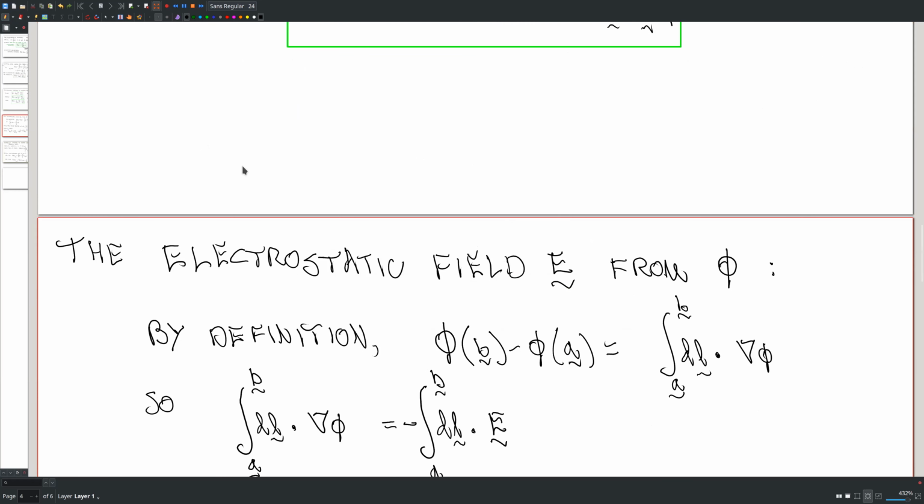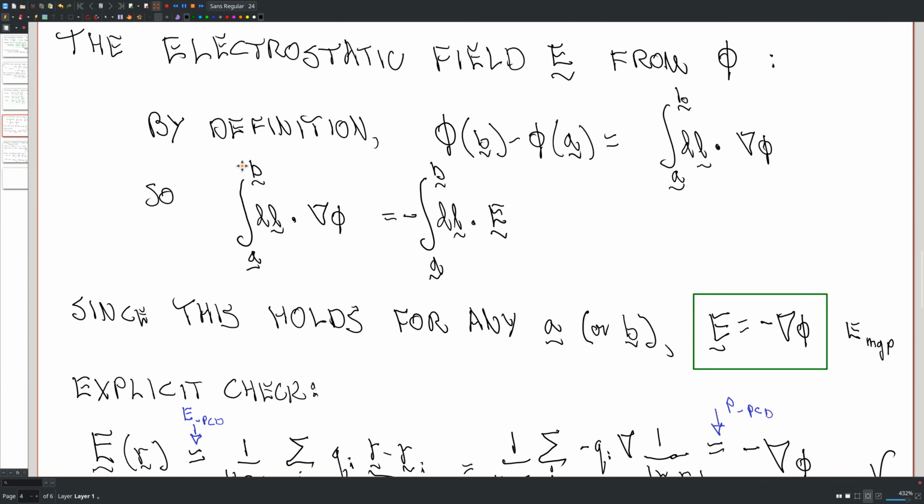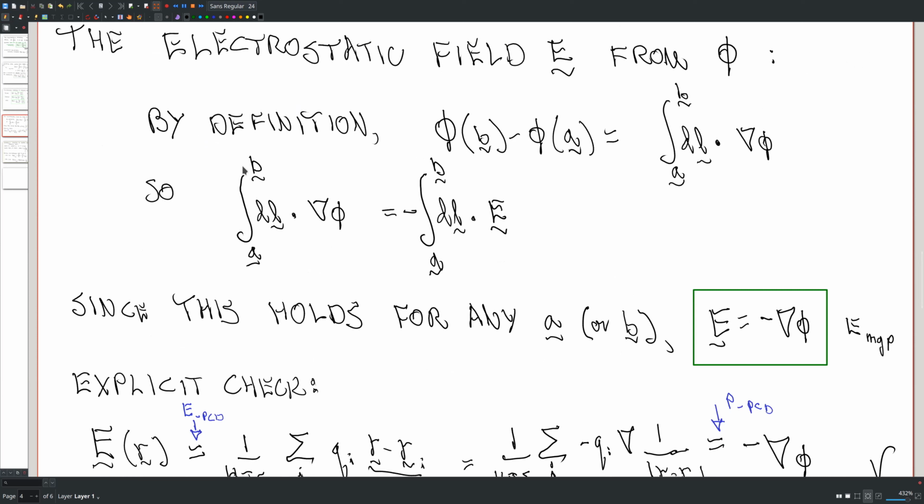have seen before. And then an important relation, of course, is how we back engineer the field if we were to know the potential. We've shown how to obtain the potential from the field, namely by performing the line integral. However, this operation, of course, has an inverse, which is computing the field from the potential. And here we're just using essentially a tautological approach, because by definition, we know that, the fundamental theorem of calculus,